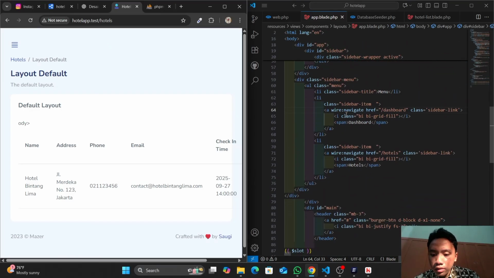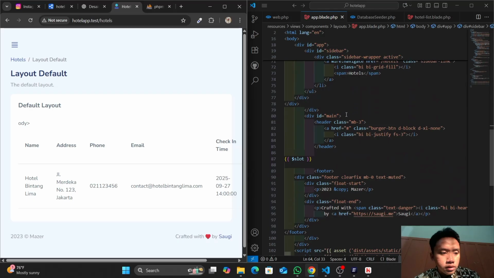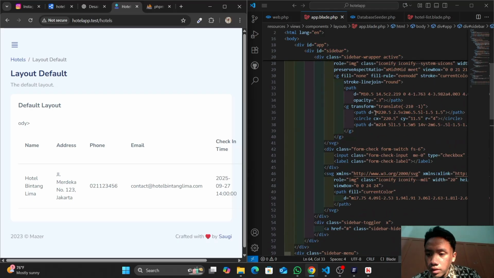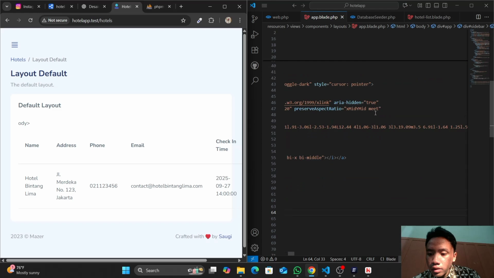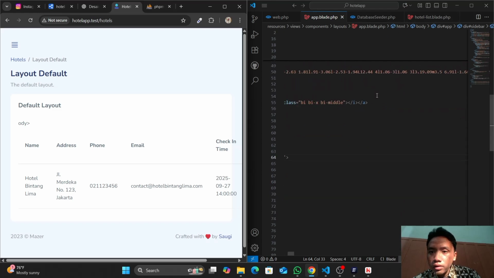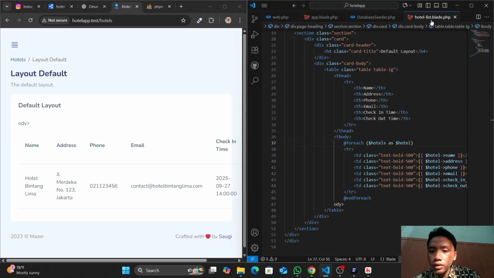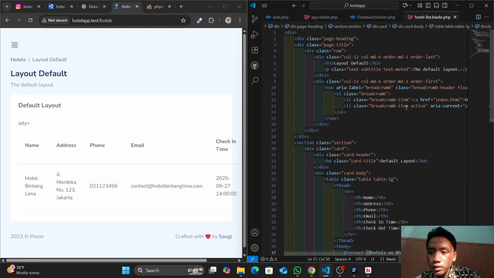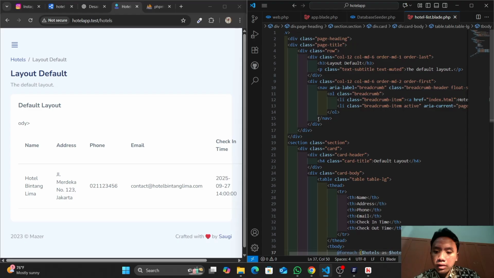And default and hotels. Right, the data is already dynamic, matching the database that we made before. Yes, it's perfect.